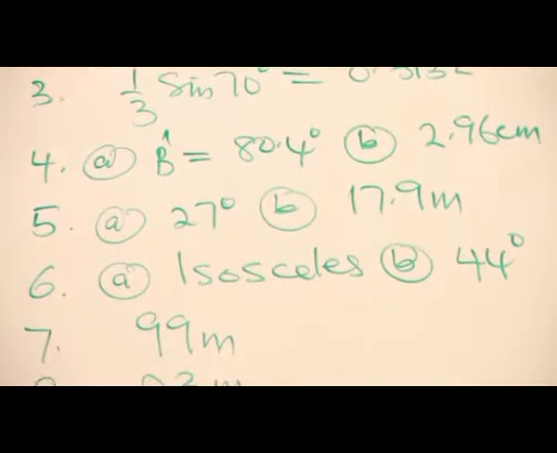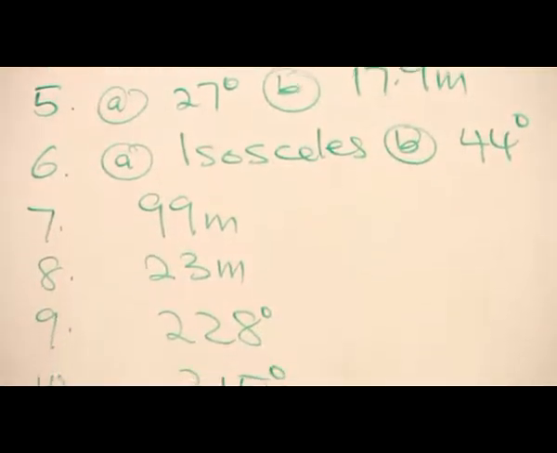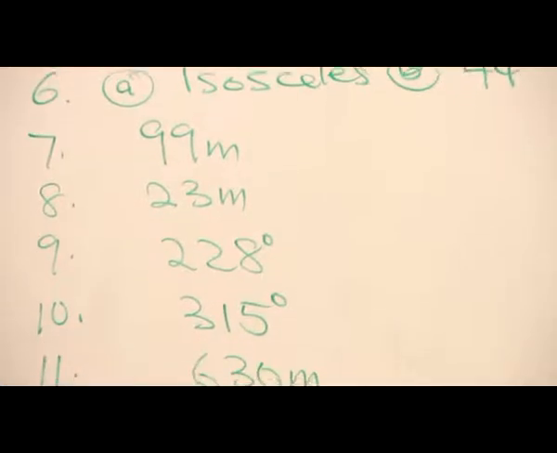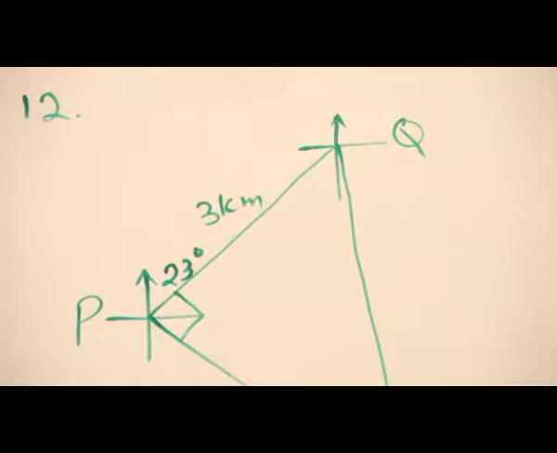Number 7, 99 meters. Number 8, 23 meters. Number 9, 228 degrees. Number 10, 315 degrees. Number 11, 630 meters. In question number 12, you are required to find or sketch the diagram, and that is